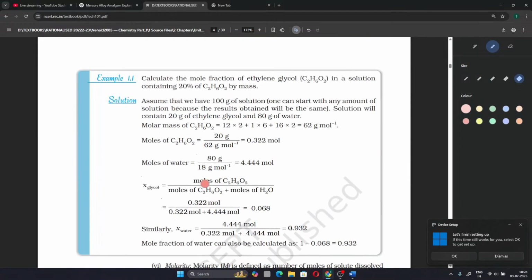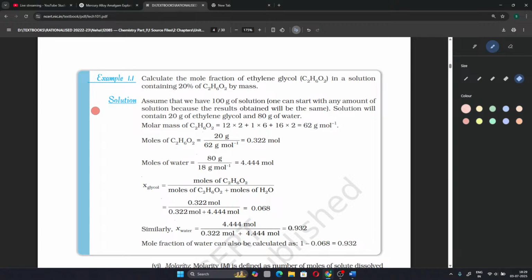I will not be calculating the questions here, I will just be reading through. Calculate the mole fraction of ethylene glycol, C2H6O2, in a solution containing 20% C2H6O2 by mass. By mass means that we assume we have 100 grams of solution. One can start with any amount of solution because the results obtained will be the same. The solution will contain 20 gram of ethylene glycol and 80 gram of water. Molar mass of C2H6O2 is 62 gram per mole, and moles of C2H6O2 is